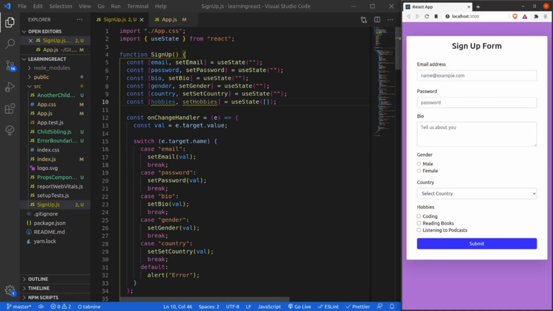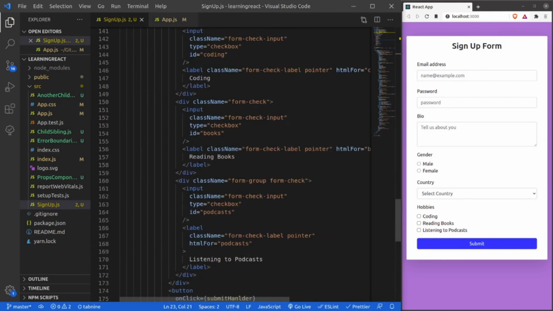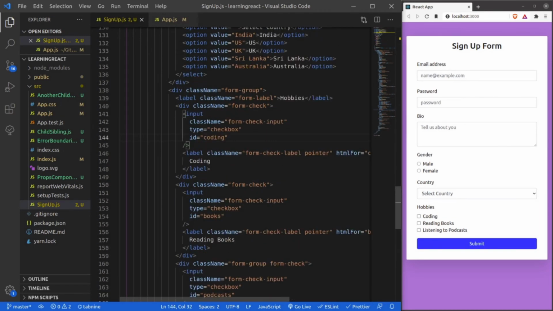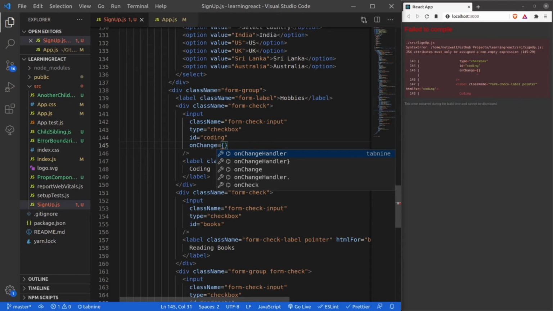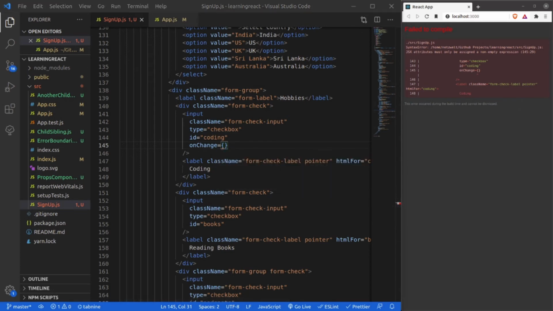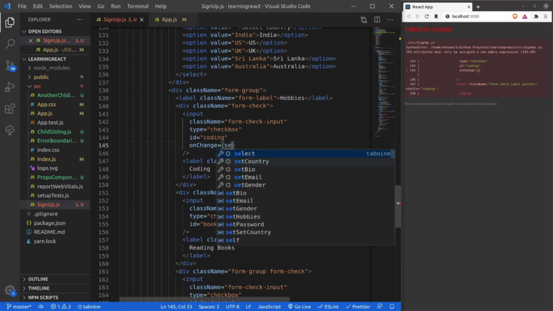Now what I have to do is we have to go to our checkbox. So let's start with our first checkbox, and that checkbox is coding. So let's give it onChange with this time, guys. We are not going to use the same handler method. I will let you know why I am saying that. Just bear with me for a few minutes, and in here I will set